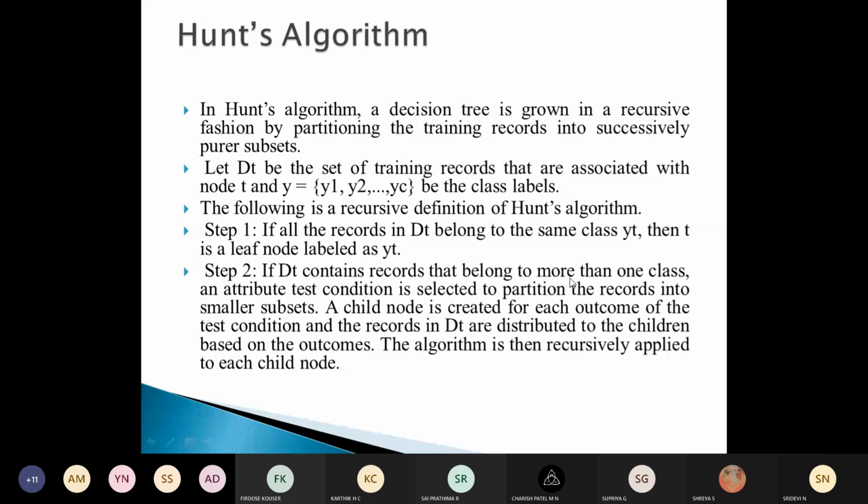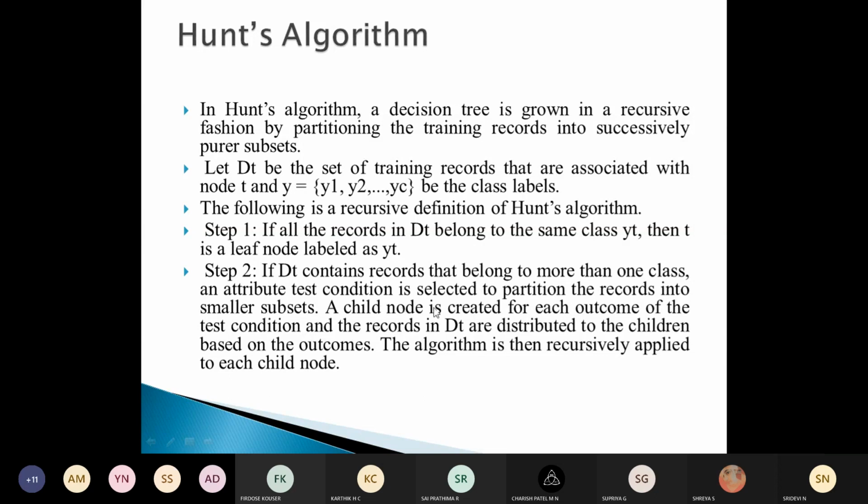If Dt contains records that belong to more than one class, then we have to perform an attribute test condition to partition the records into smaller subsets, isn't it? So if all the records belong to the same class, then we will have a leaf node labeled as yt. On the other hand, if it contains records that belong to more than one class, then we have to do an attribute test condition to partition the records into smaller subsets.